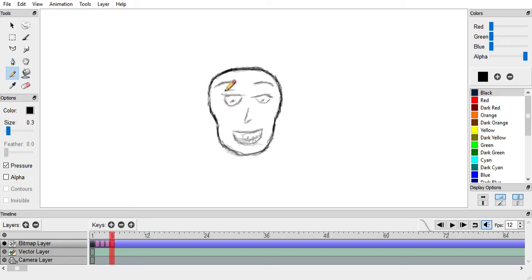Shadow says eyelashes are a lug. Yeah, they totally are. I don't think that these are even eyebrows, the things that I'm doing up here. These aren't even like eyebrows.